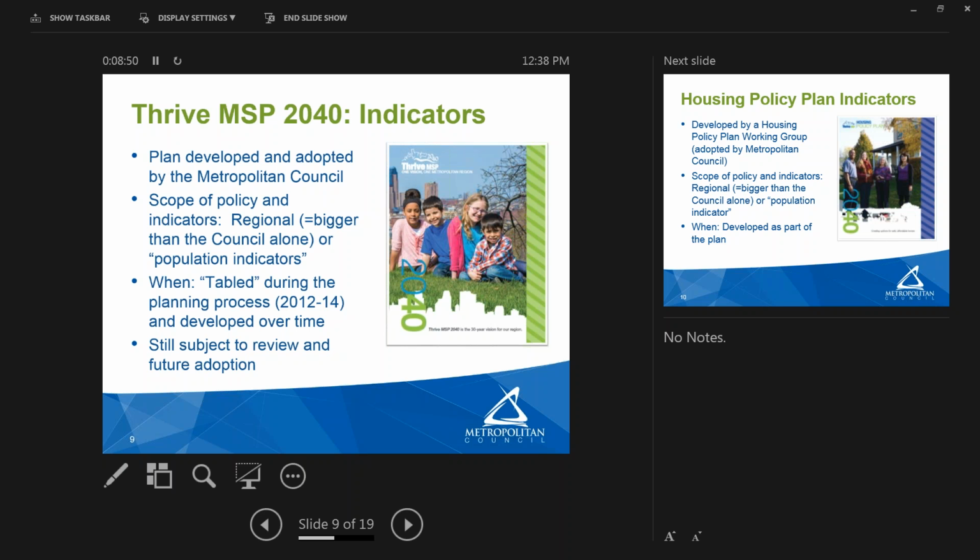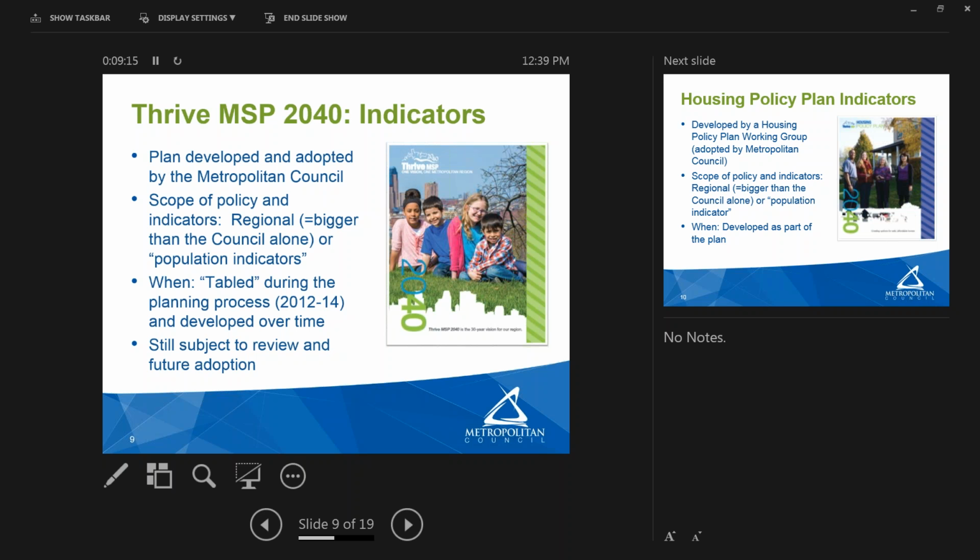So there was no interest in actually sitting down and figuring out what the indicators would be. So the language that was formally adopted was a commitment, we're going to adopt something in the future. And at this point, we still haven't, the council has not actually formally adopted any set of Thrive indicators because